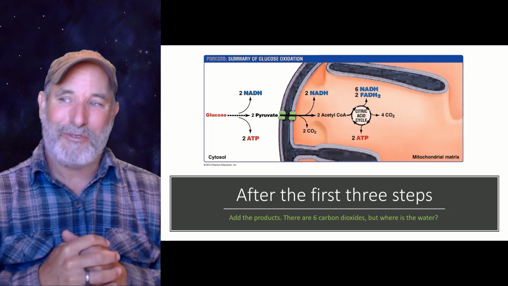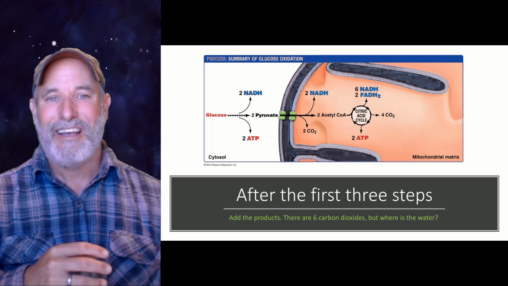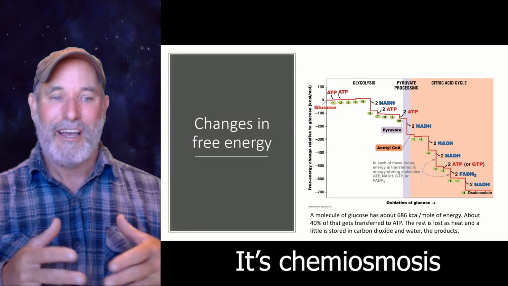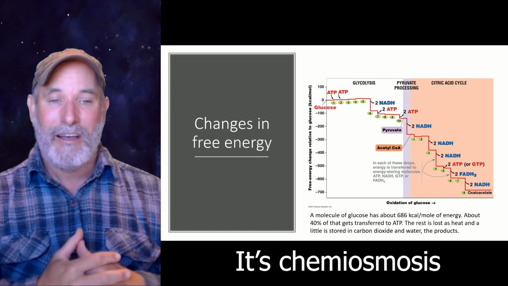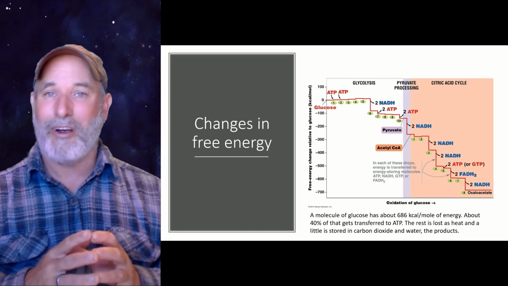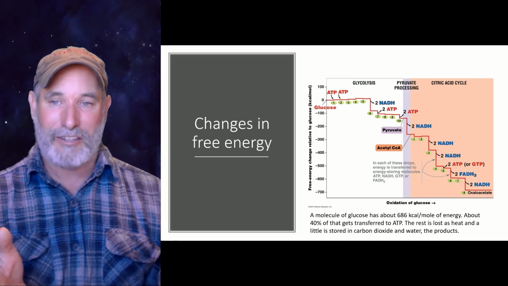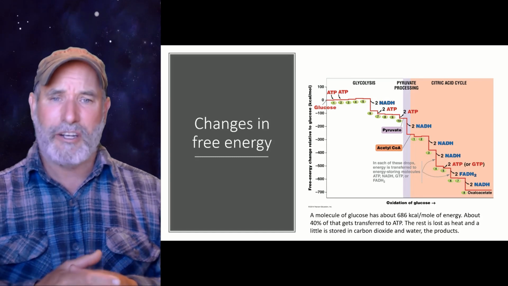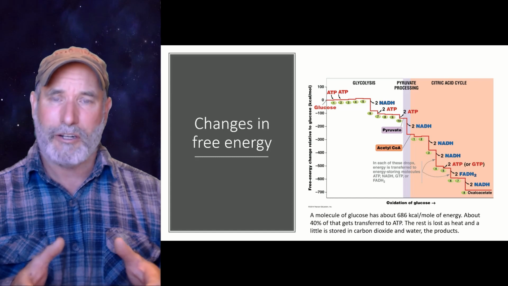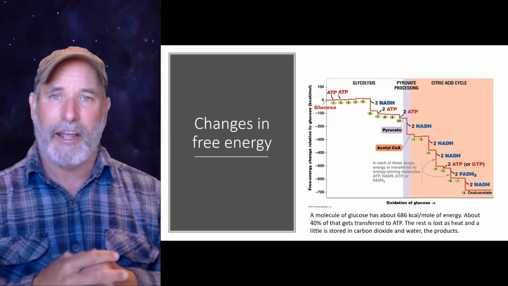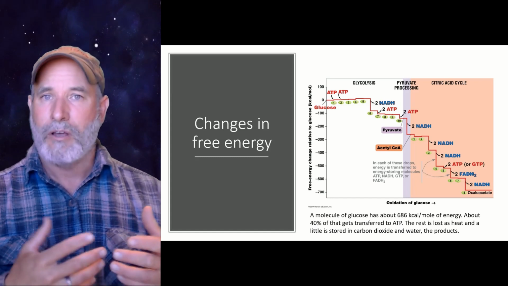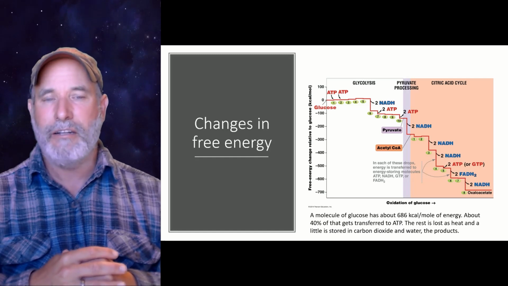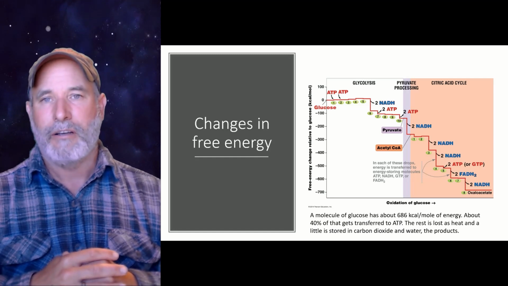So here's where the magic starts to happen, right? And we can see that in our free energy reactions as we do this, it keeps going down, down, down. Now, cellular respiration is incredibly efficient for extracting energy. It's about 40% efficient. About 40% of the energy stored in glucose molecules gets transferred to ATP. And of course, you know from the laws of thermodynamics that the rest of it is generated as heat and is lost because of entropy.